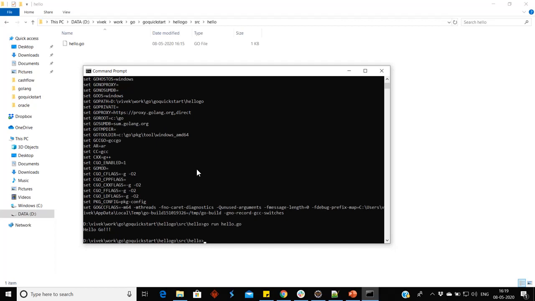So it is printing hello go, which is correct. But if you see the directory, there is no binary file. So if we want a binary file, we run the go build command. go build. It will create a binary file in the current directory.